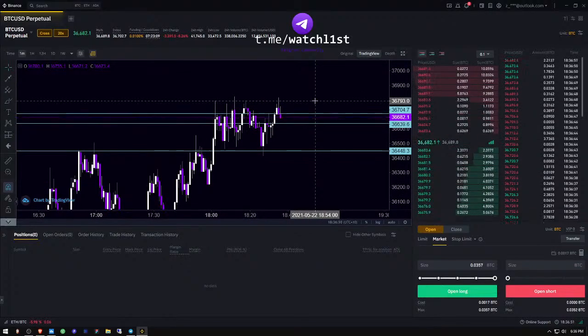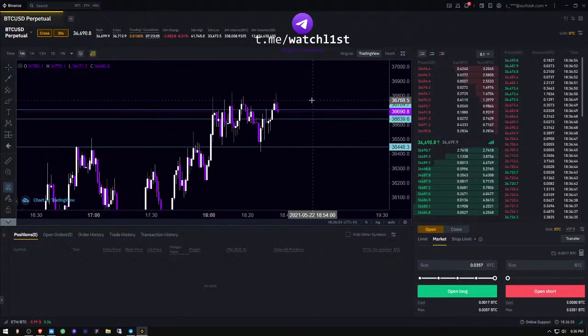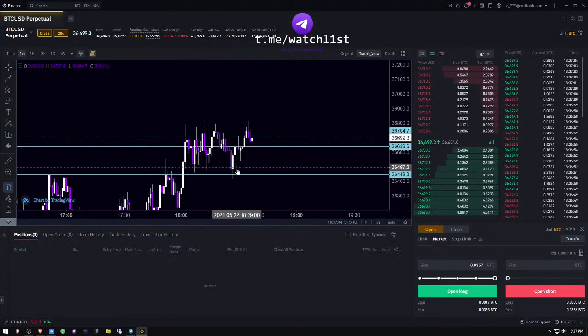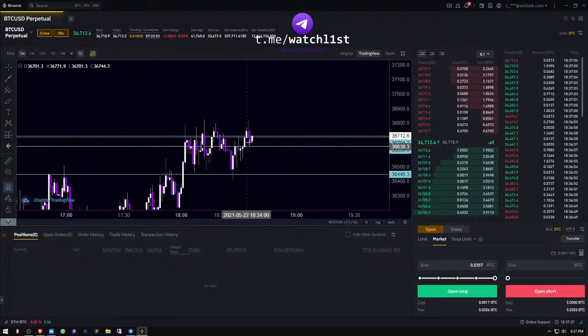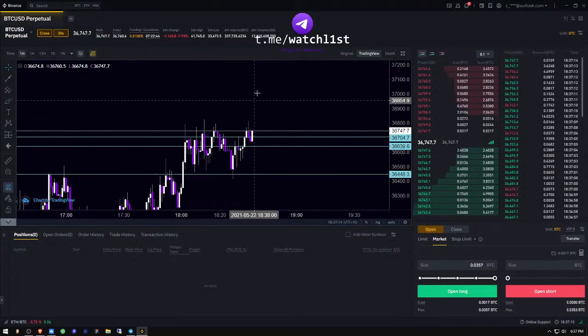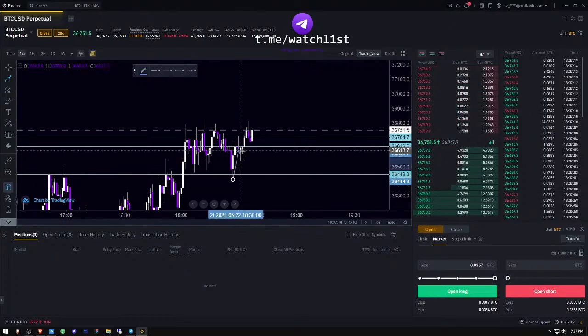Okay, so this looks like probably a massive short coming in, judging by the amount of shorts there. That would have been a nice little short to jump in. But again, this could be that sort of high-low thing. So this could be well and truly coming up. So doing that sort of, if you can see with my mouse, this type of